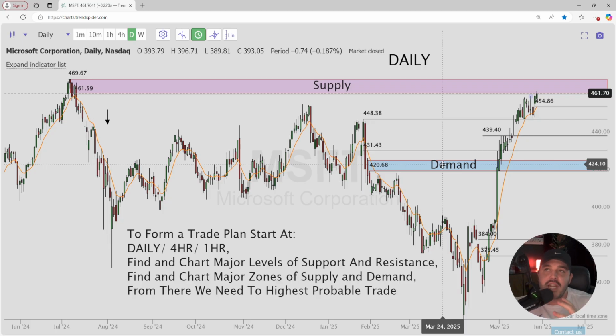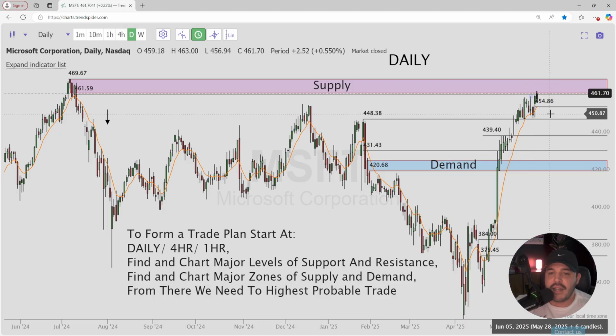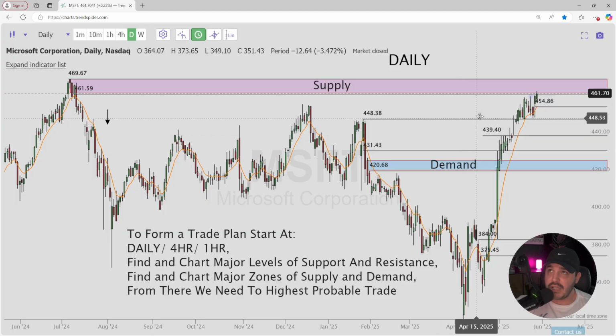If we're getting into a zone of sellers where we know there's heavy supply and we're retesting it, the highest probability is that we will see sellers again and we will have a big reject there. Likewise, if we pull back down into a demand, we already know that there are heavy buyers here